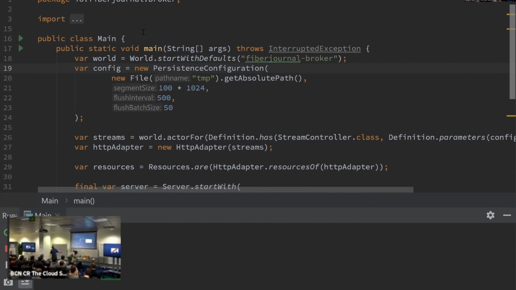So, who knows what an actor actually is? Who's already working with actors? An actor is actually a thread-safe object. It's there in memory, and you don't need to block it. You just get a message, you process that message in a transaction, and probably you send another message to another actor that will repeat this process.